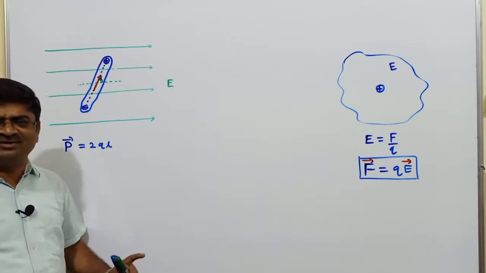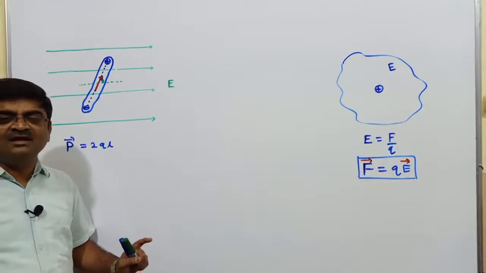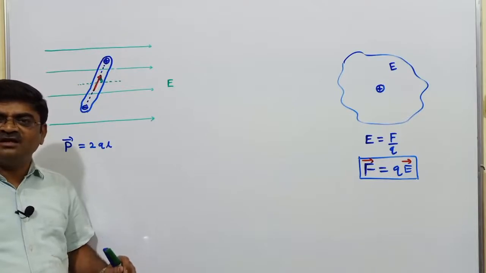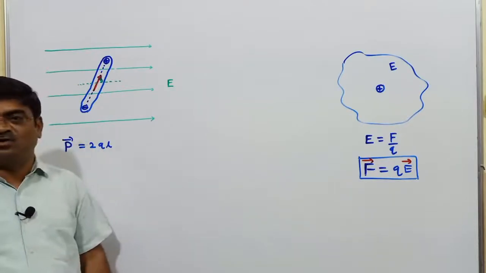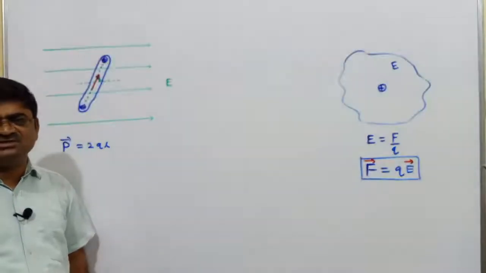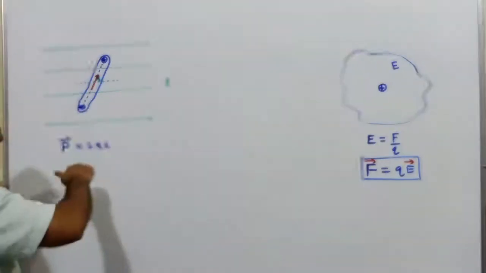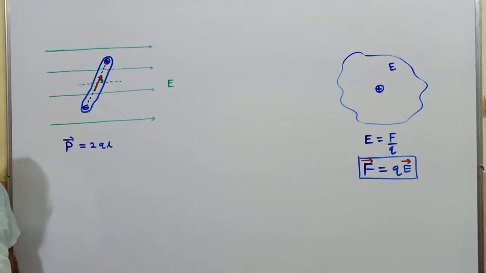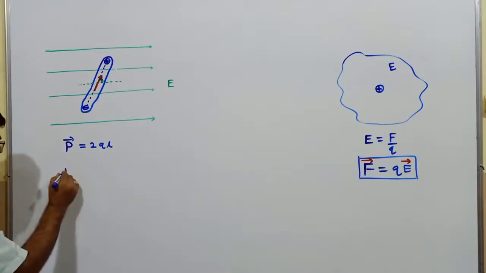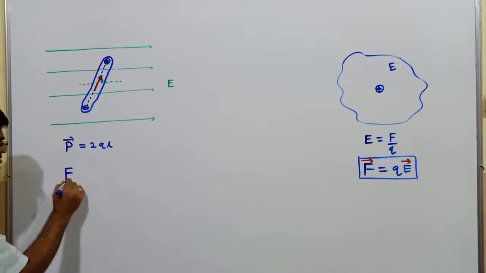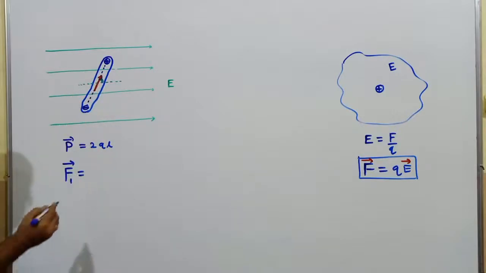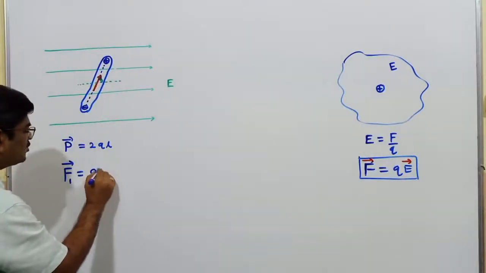This is not of any difficulty to understand, I think. So what I mean is, when you place a dipole in the electric field, each charge of the dipole would experience force. And now first I am interested in the force on the positive charge of the dipole. Can I work out that? Yes, why not? The force on the positive charge of the dipole, I call it F1. What is F1? The force on the positive charge. How much do I get? Charge into intensity.